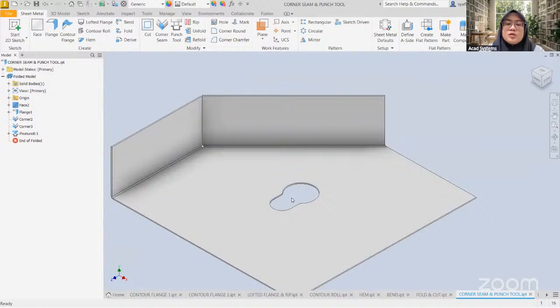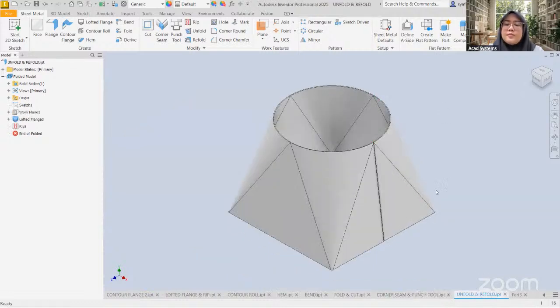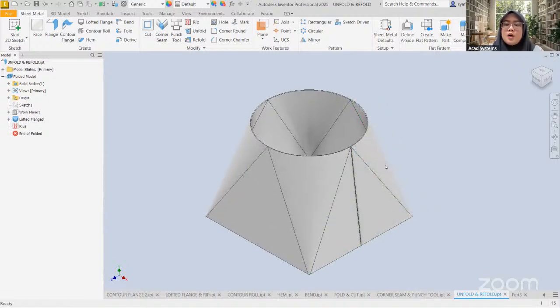Okay, for punch tool. All right, next one we have unfold and refold. So this is the example of model that we have created just now. If you remember, this is the low flange that we already created, and this is the rib that we have created also. So we will choose the unfold to unfold this